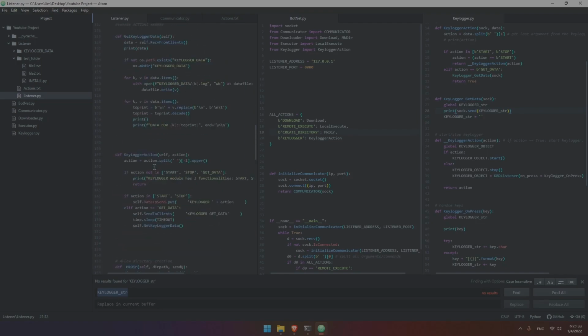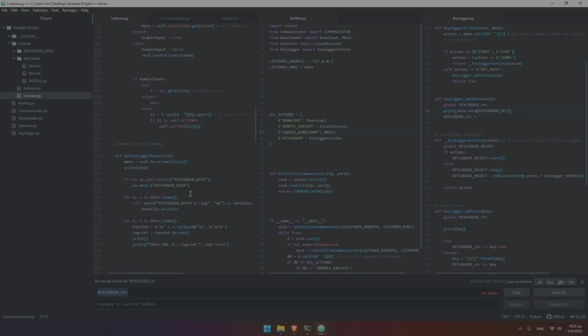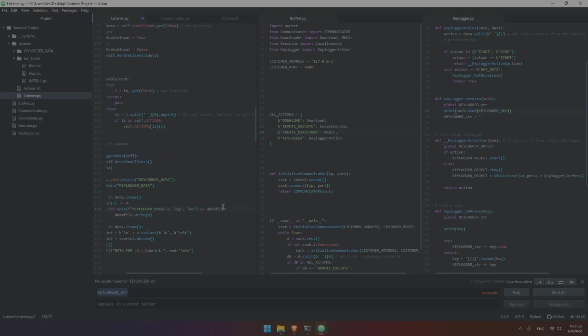Also we can come here and say, if len v doesn't equal 0, so there is data, and if there is data we can dump it to a file,